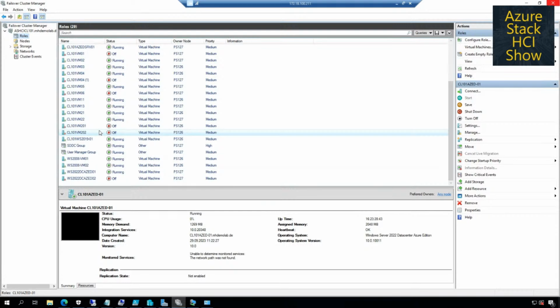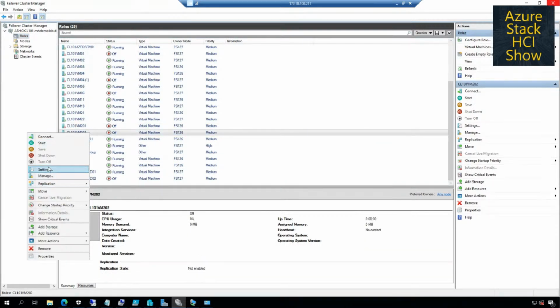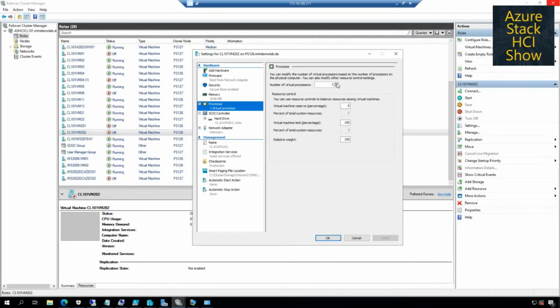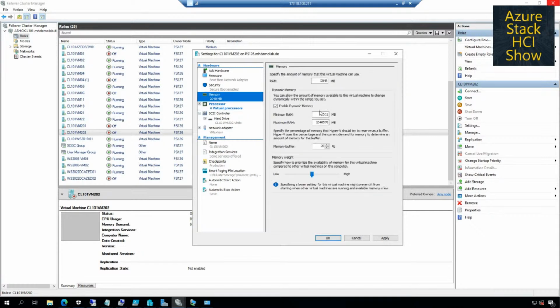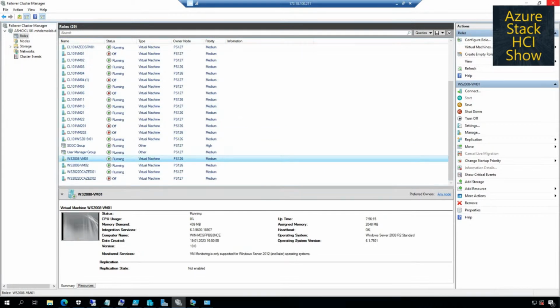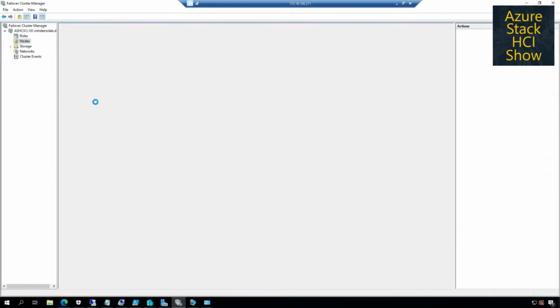We have the 101, this one here. I can go to the settings and specify the number of CPUs here. For example, 4 virtual CPUs, memory, minimum 2 gigs and maximum 4 gigs is possible. These are additional steps. But the advantage is when I use the Failover Cluster Manager, when I switch to nodes,